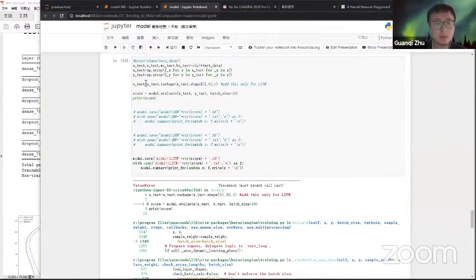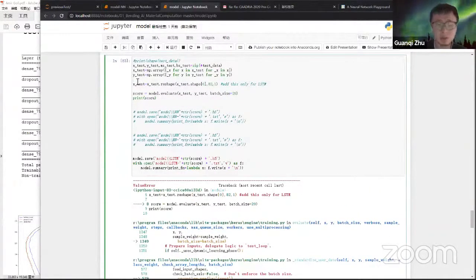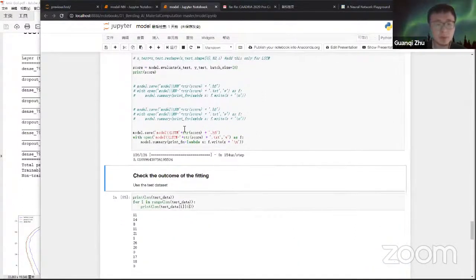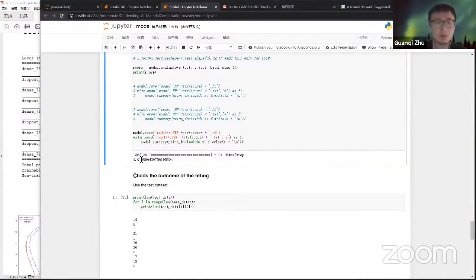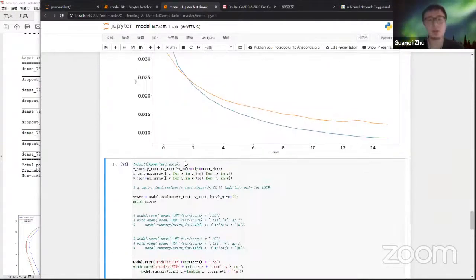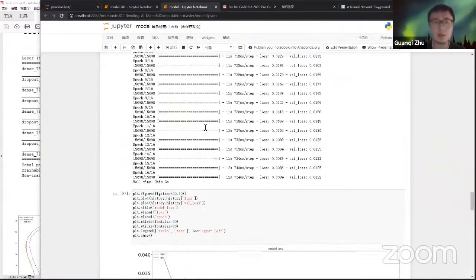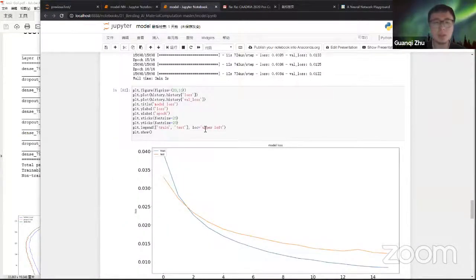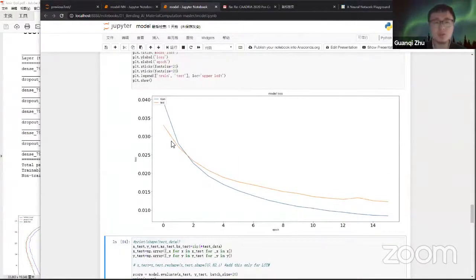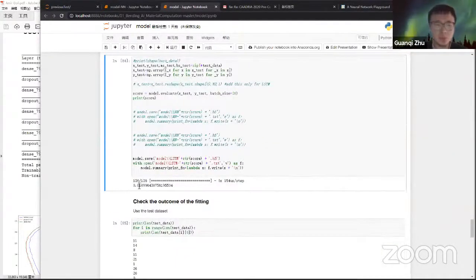Okay, maybe I do not need this one. Although this score looks not so good, as I showed on this website, it's a kind of balance between the time and the final performance. Normally, there is not too much obvious difference between